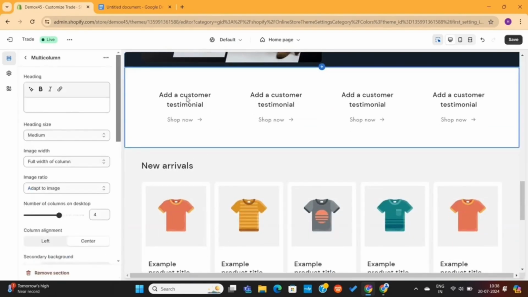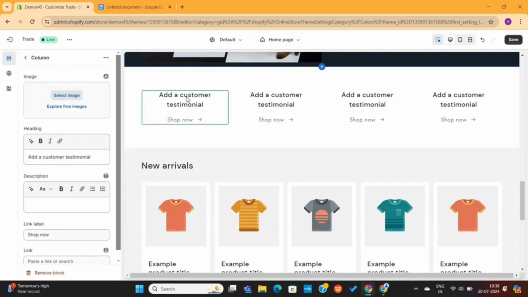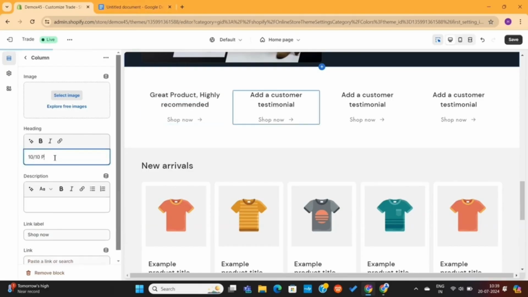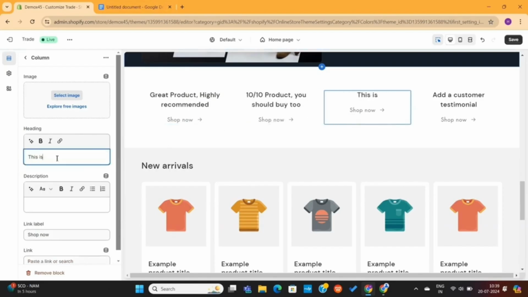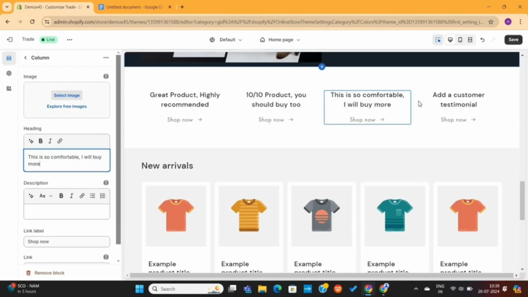Alright, now let's move on to the next section. Next, we have this multi-column section. This is a perfect place to add social proofs and customer reviews. When you click on any of these columns, you'll see the options on the left. Here, you can put your customers' feedback and positive reviews. For now, I will simply type some random stuff on this part. Next,